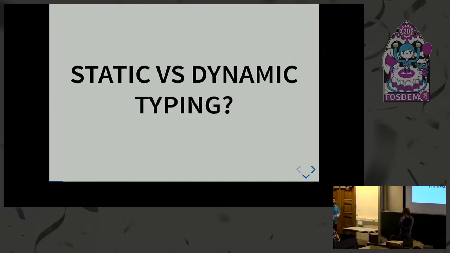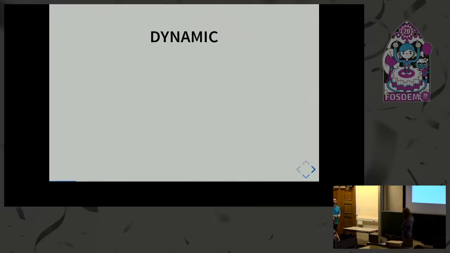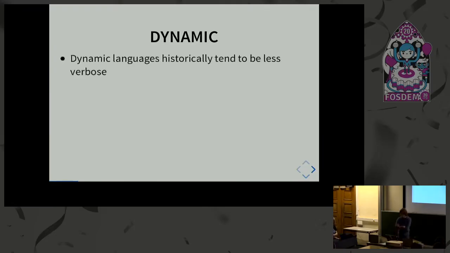It's a discussion that's raged for a long time online, and there's a lot been written about static and dynamic typing, a lot of wars online and arguments in IRC channels and mailing lists. But I've written a couple of points about both dynamic and static typing. Dynamic languages tend to be less verbose. Typically when you talk to a